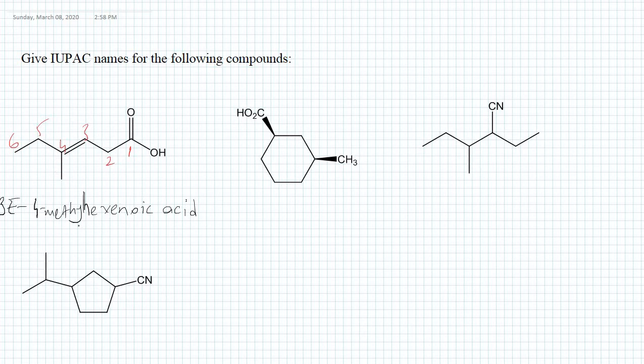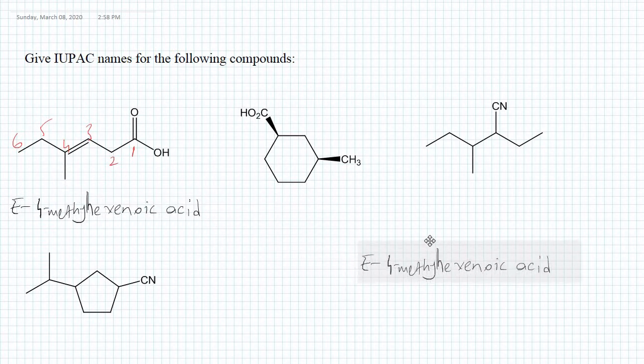When you have an alkene and a carboxylic acid, the carboxylic acid has priority over the alkene, and here we have to specify the location of the alkene. So when you specify it, you don't have to say 3E. So let's just move 3E, and let's move all the way this part,